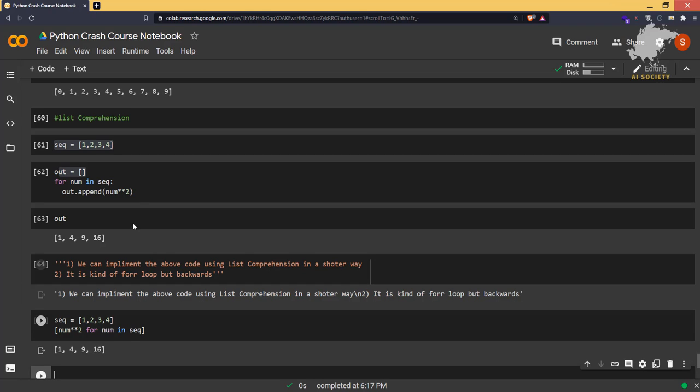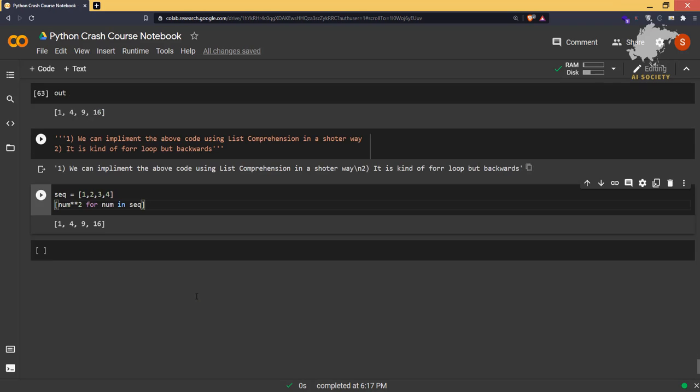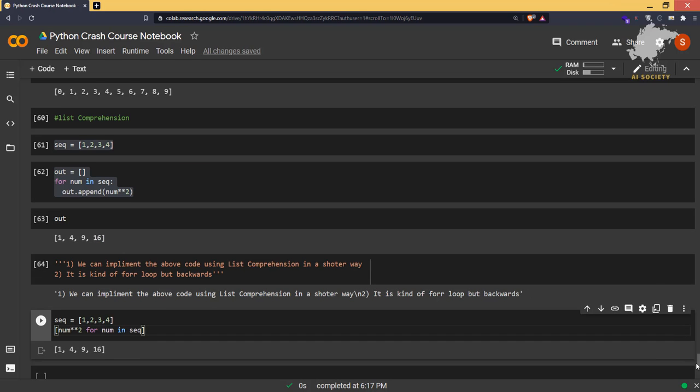It will give us the same output that it does for this particular line. So all these 3 lines are converted into 1 line here. Only one line is there to do the work of these 3 lines. For new programmers, it may feel difficult, but it is not at all. It's really handy, and in machine learning we are going to use that heavily. I'm telling you, we are going to use that heavily.